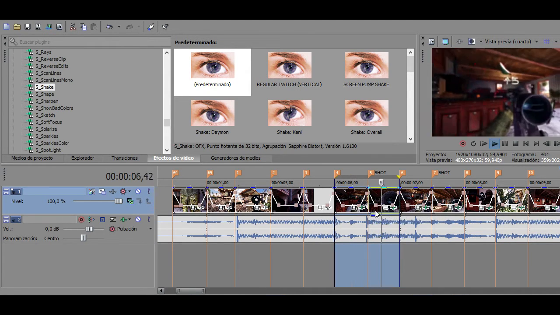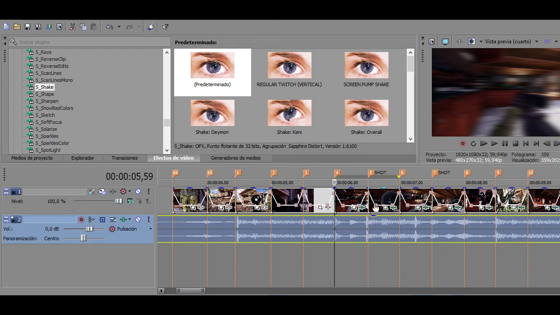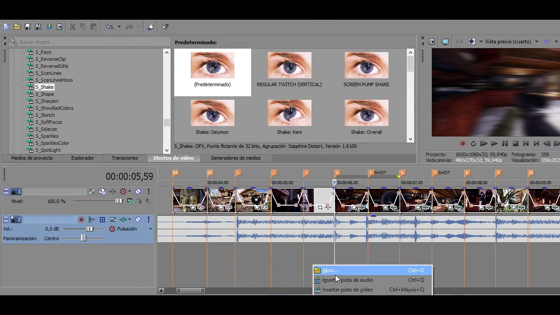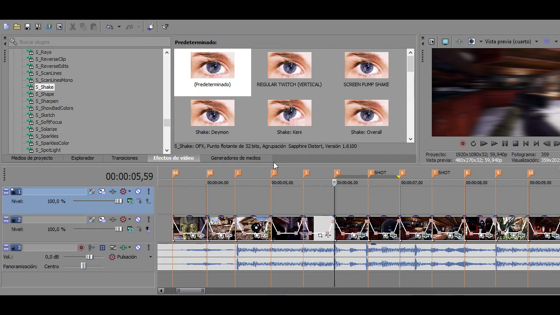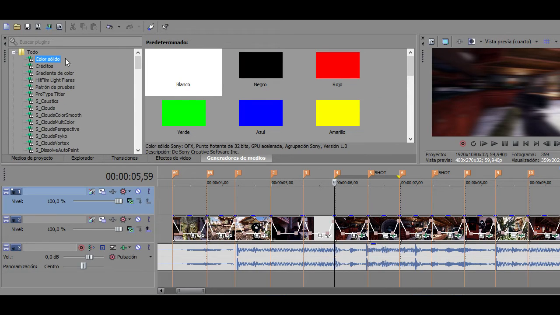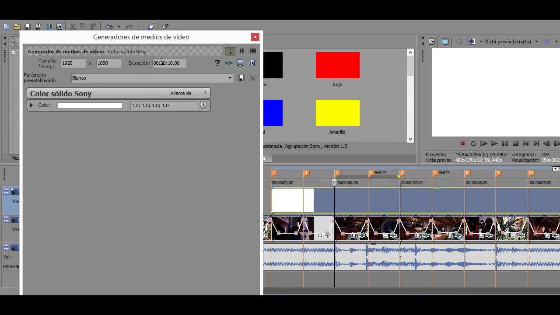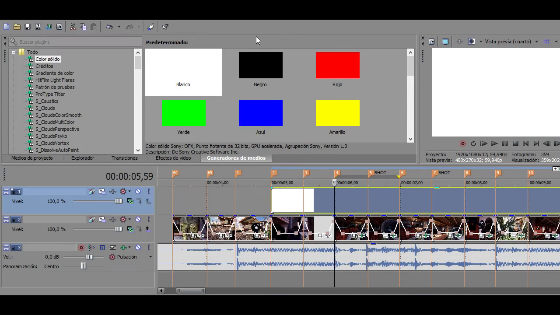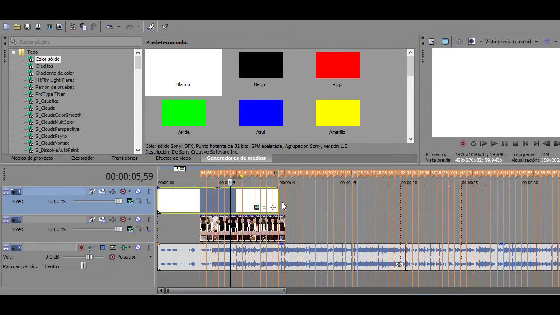Just a little shake to make it look better. Then the next thing we're gonna do is add a new track, video track. Go to the solid colors and we throw down the white. This is to make the black bars. So we have it here. I'm gonna stretch it all the way,